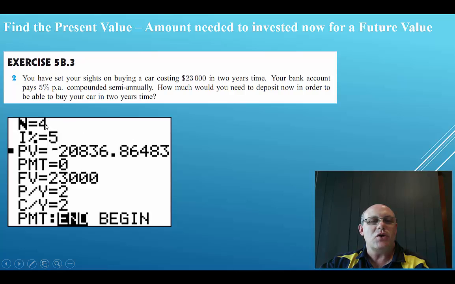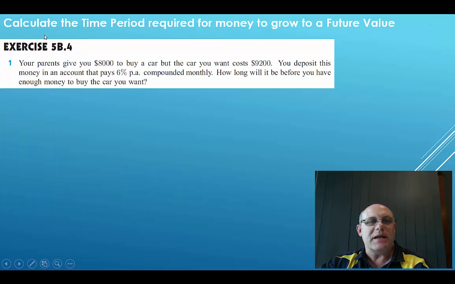So 2 years times 2 payments per year is 4, interest rate's 5, our future value we're going to have is 23,000, payments per year is 2, and we want to work out our present value. So what we need to do there is move up to PV, press that alpha button, and then enter, and that will work out to be $20,836.86. That is what we'll need to put into our bank account for that to grow. All right, the next example,